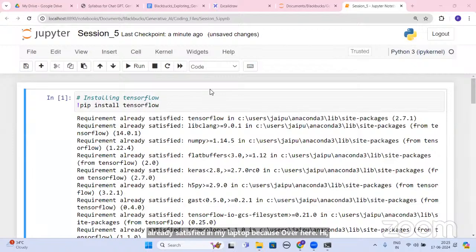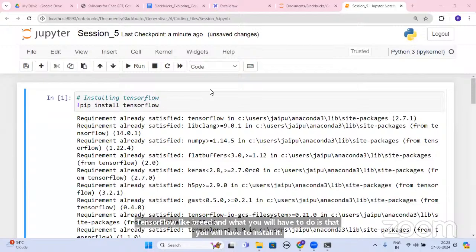But if you don't have it, you will have to install it. It is a big library and will take at least 3 to 4 minutes. And then you would be expected to move ahead with the next activity.